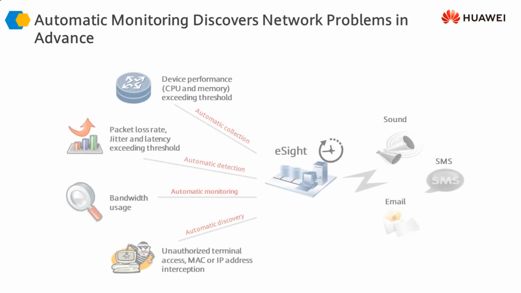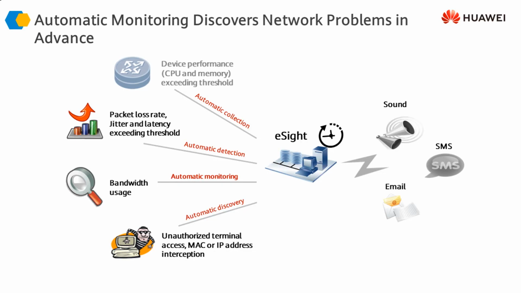The NMS not only automatically detects the devices that are connected within the infrastructure, but it also automatically detects the problems if there are any issues in our infrastructure. The eSite is going to automatically detect those problems, whether those are related to performance, whether those are related to device functionality or whatever. Those problems are identified and can be escalated to the administrators or any other tools that we are using.